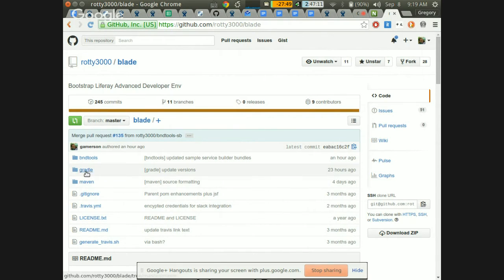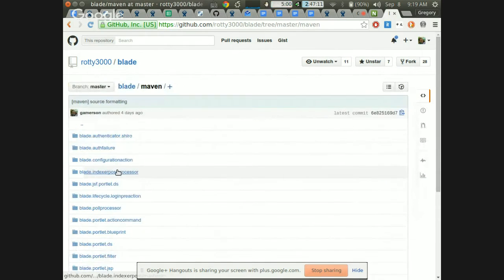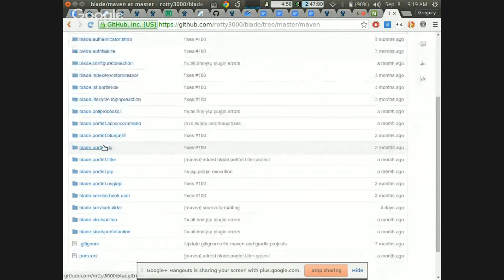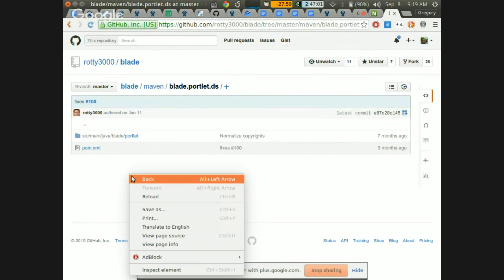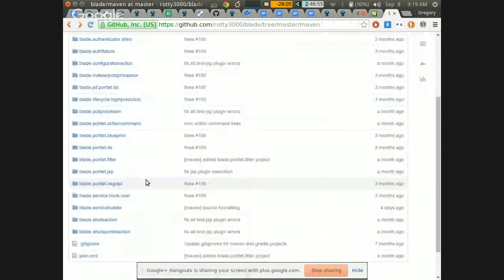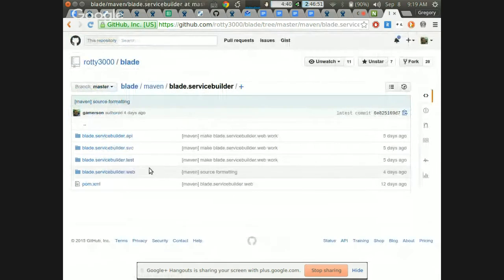modularized tools. So if I click on Maven, and then I click on a portlet, this is a declarative services portlet that is running inside of, actually this one doesn't use any third-party tools. This doesn't use any Liferay specific plugins. That's another thing we'll talk about. Let's click on one that does. So service builder,